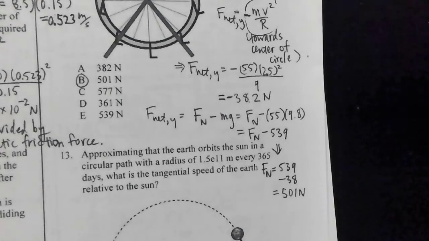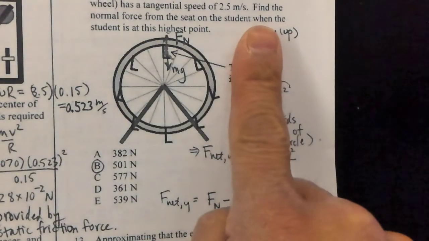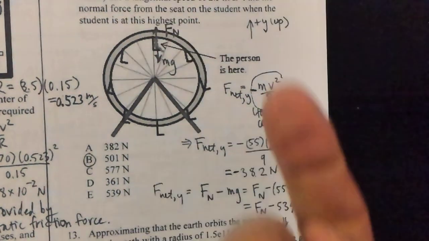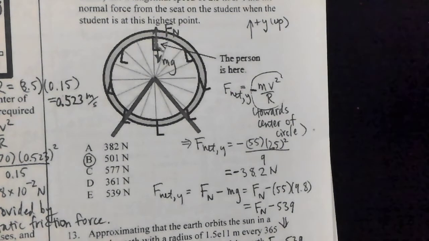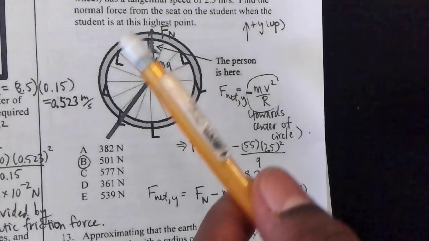Oh, because it points down. I'm getting the y component. I'm taking up to be positive. So I'm taking into account, I'm using this as the positive. So that's centrifugal force. Yes. It's pointing inward, that's the point. We have our F net. We have the F net up, and then we have